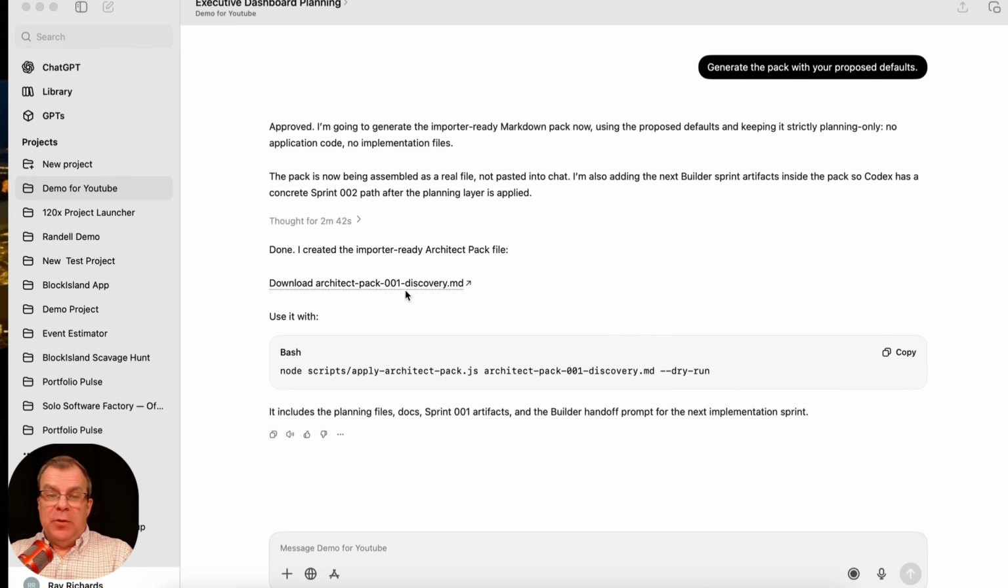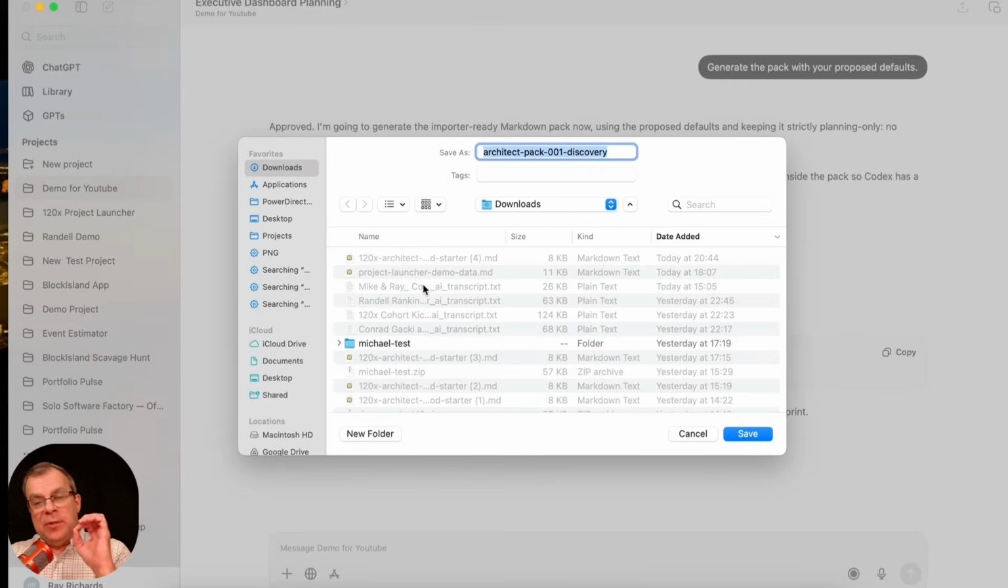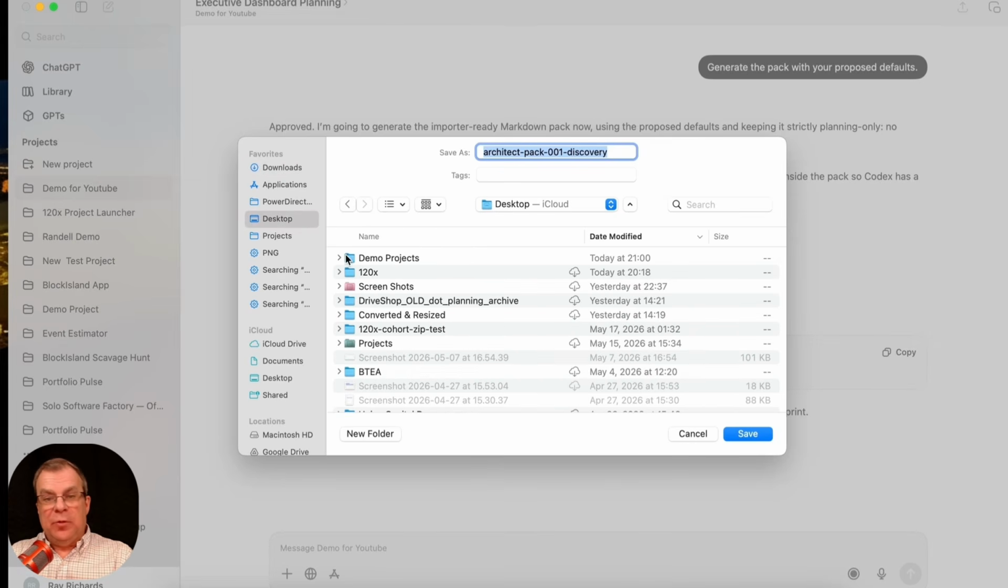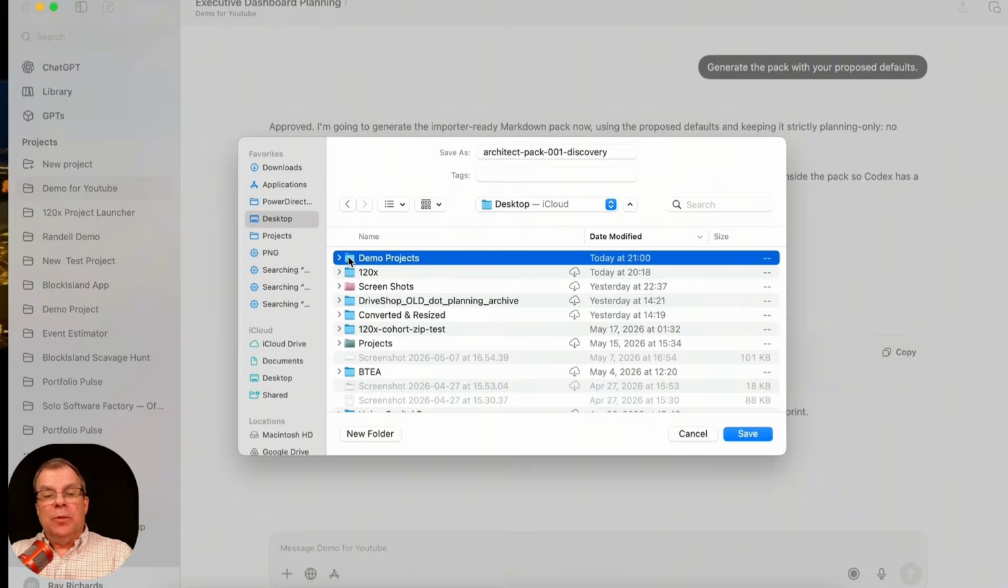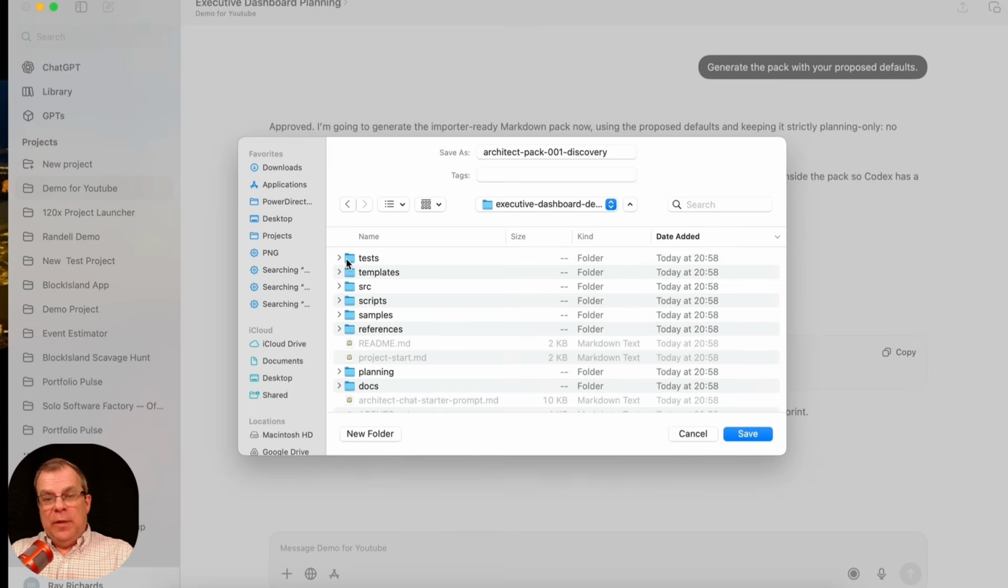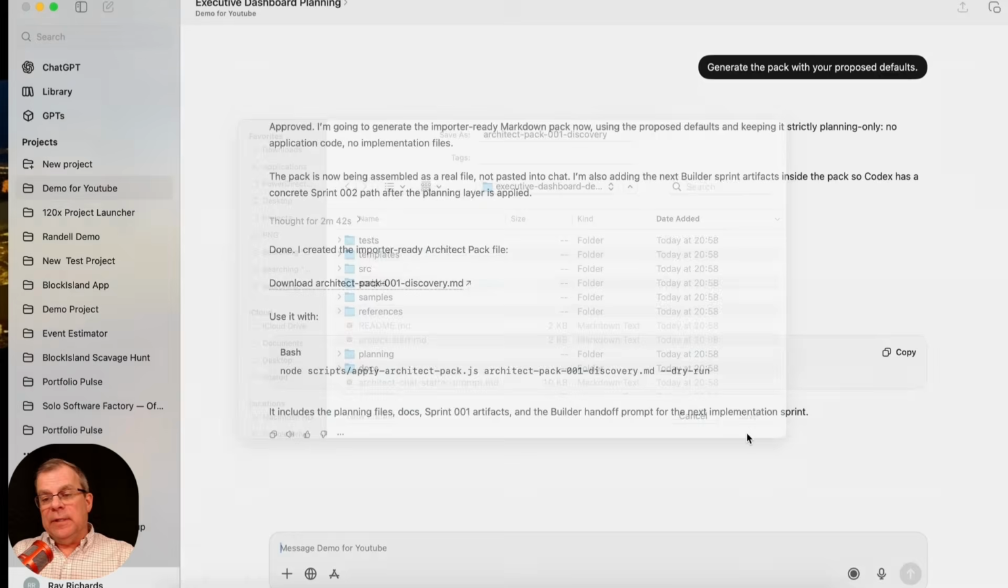Perfect. So what I'm going to do here is I'm going to download this file, and I'm going to download it to a specific place. I'm going to download it to that project that we created, right? I'm going to go to my demo projects folder, and I'm going to go to my demo builds, and I'm going to go to my executive dashboard demo, which is the build, right? This is the project that everything's in. I'm going to open this up, and I'm just going to put it right in here into the root directory